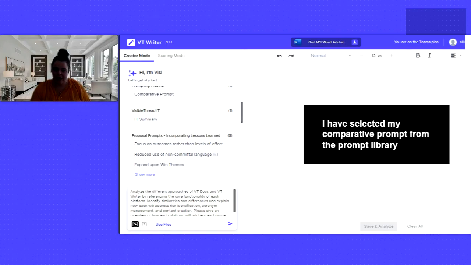So I selected my comparative prompt from the prompt library, and it's been inserted here. Now, earlier I referenced using documentation as reference material to help strengthen the quality of your response and ground it in data. So that is what I'm going to do. I could just run this prompt and leverage the LLM to give me the response, but I've asked for some